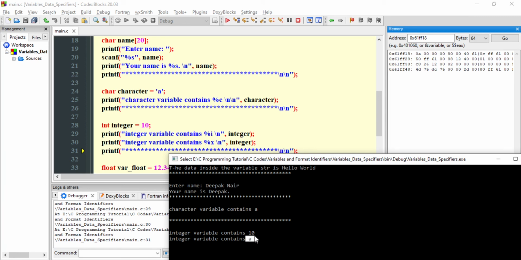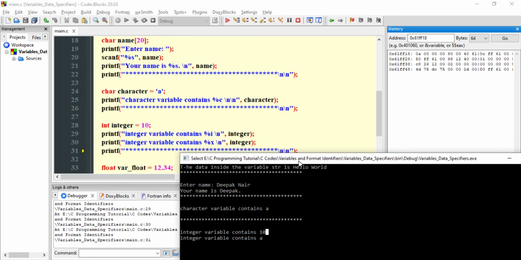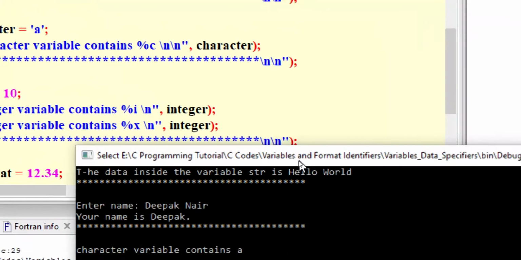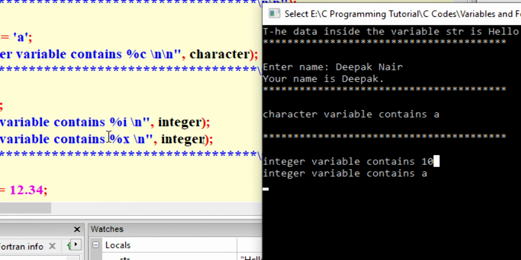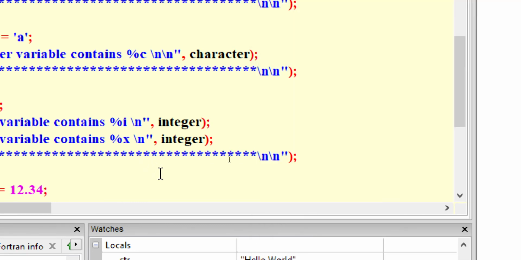In the previous line it was saying integer variable contains 10, and now it says integer variable contains a. Why? Because in this case the data specifier is %x, which is representing hexadecimal. Before that it was %i, which was representing integer value. So by changing the data specifier, we can change the type of representation of any number also.